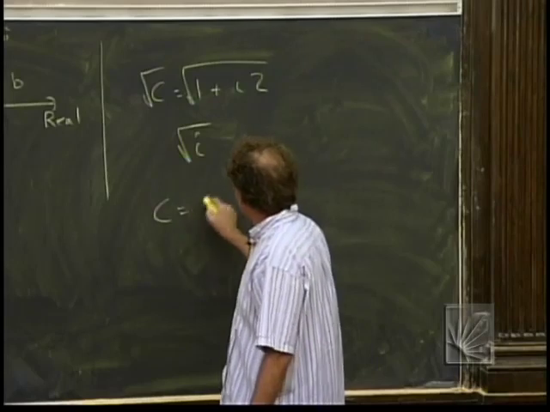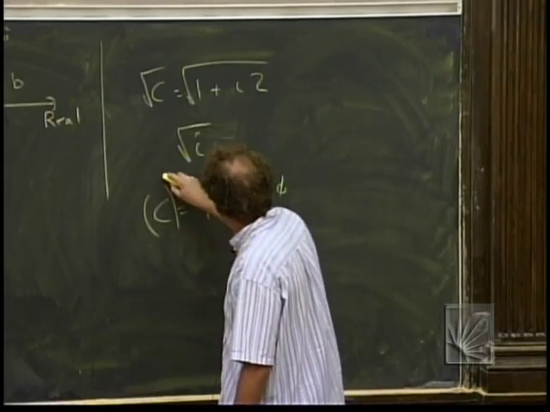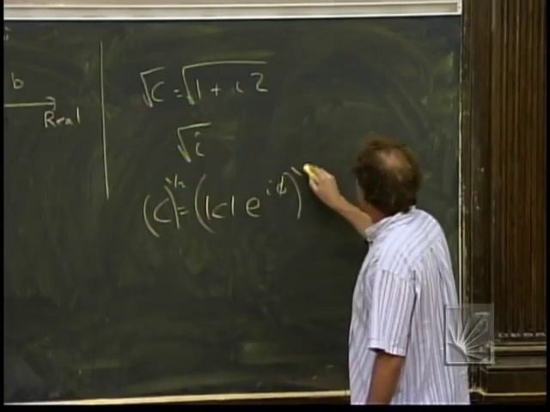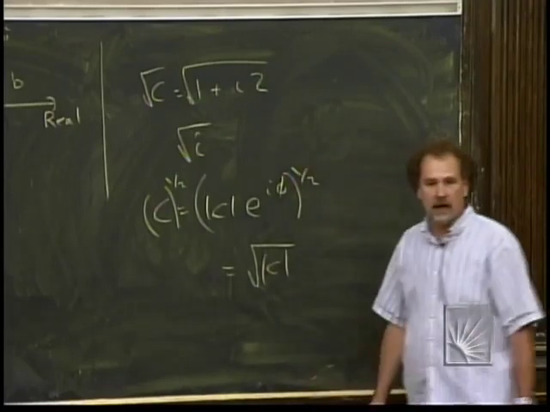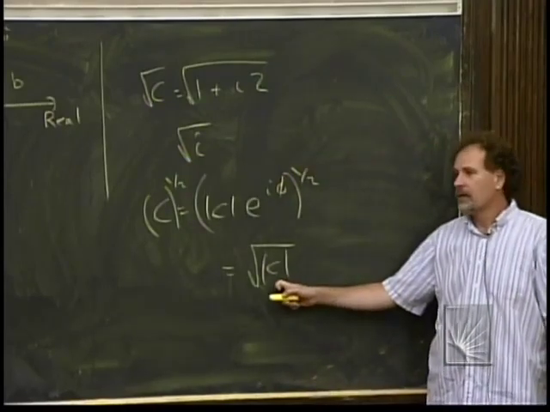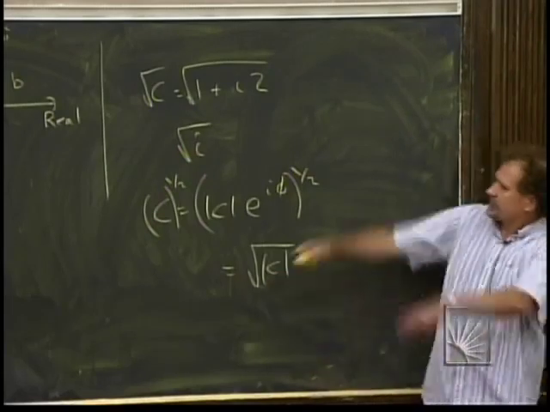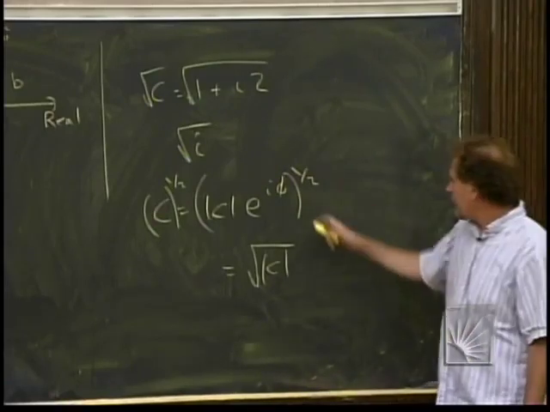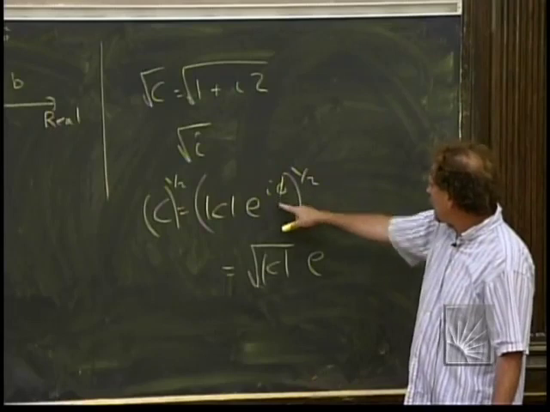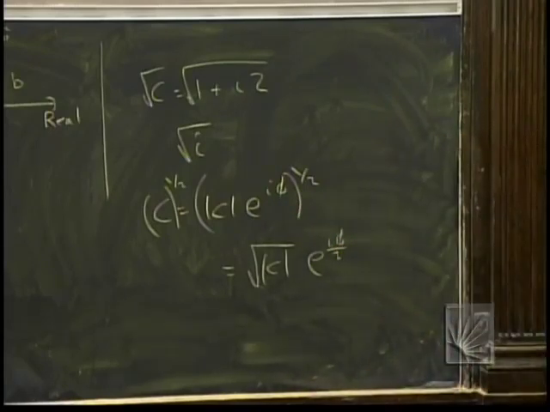Very simply, if I'm going to represent the complex number that way, and then I have to take the square root of it, it's the square root of the magnitude. That looks complicated to write, but it's straightforward. This is just a real number: a squared plus b squared, and I take the square root, that's the fourth root of a squared plus b squared. And to take the half power of something in the exponential is just to divide the exponent by 2. So the square root of i,